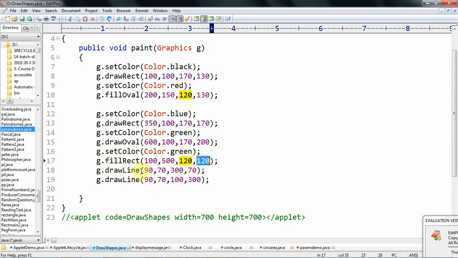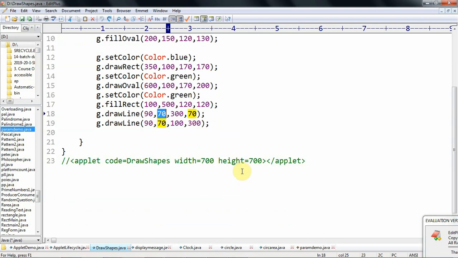Then we draw one line from starting coordinate 90, 70 and ending coordinate 300, 70. The y value is the same, so that's why the line is created horizontally.